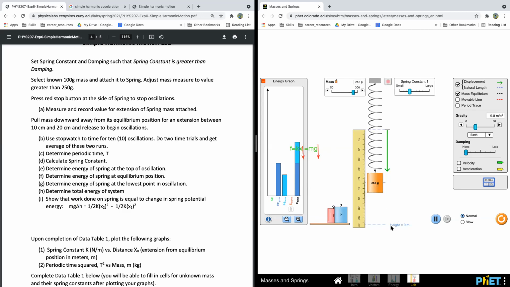This is the height 0. If this one is here, the gravitational energy is 0. But when it's increasing, how you calculate this one is by mgh. The elastic energy is half kx squared, and the thermal is, let's say if you have